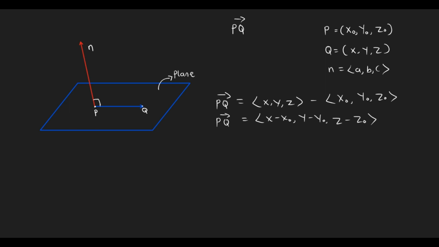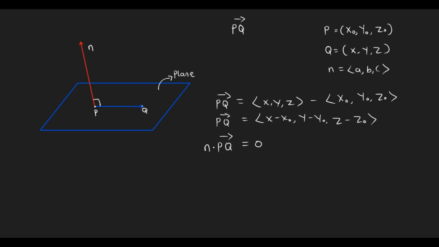This will be our vector PQ. Since vector PQ is orthogonal to the normal vector, when you take the dot product of these two vectors, that will be 0. So we have the dot product of the normal vector n and vector PQ to be